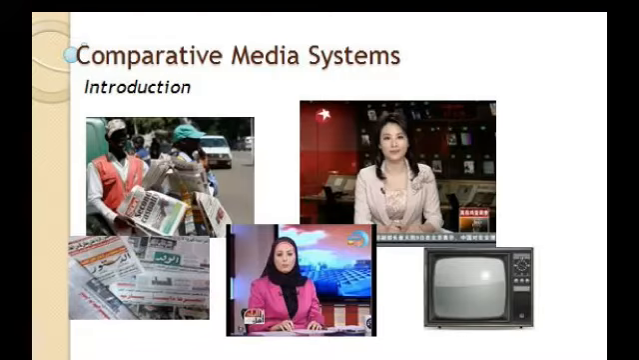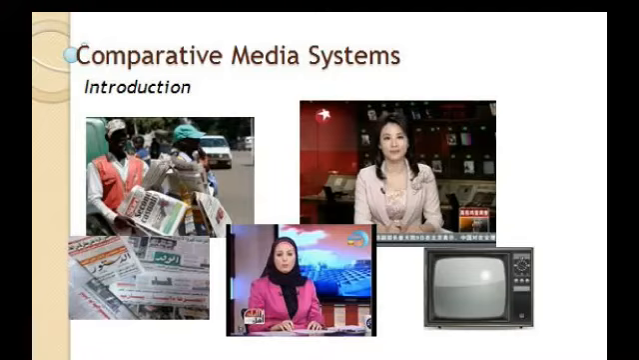Comparative media system. So now we're going to look at comparative media system. We're going to look at what a media system is. That is, what's the meaning of media system, and then what does it mean to compare media systems, and then